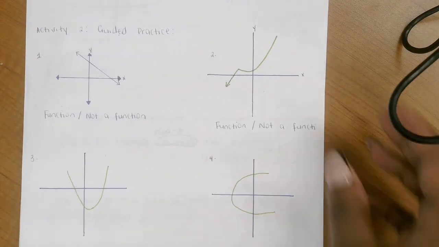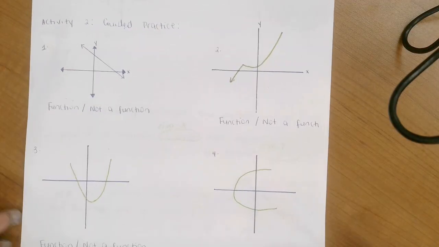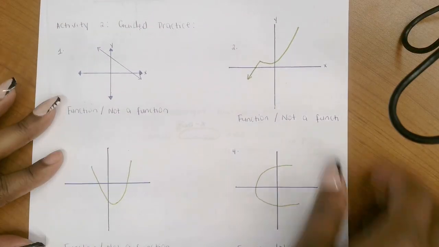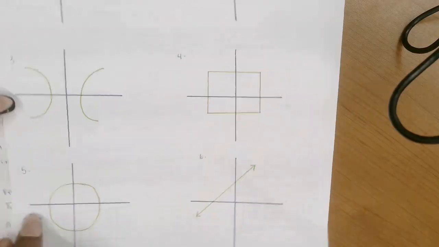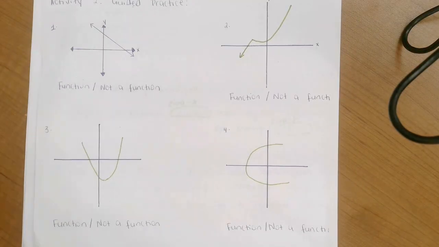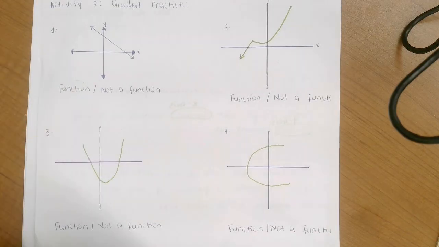Okay. We won't read the strategy because we're going to do it over and over again. I'll do the guided practice. There's independent practice on the back here, but we won't do those. We're just going to do the guided practice, and then we do other examples of a function. Okay, so this line right here,